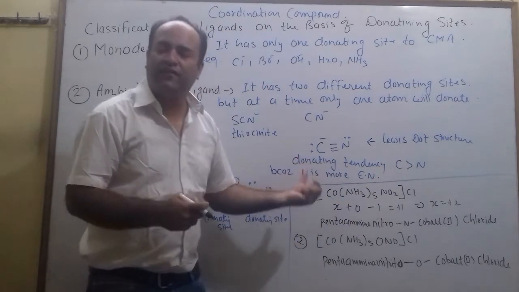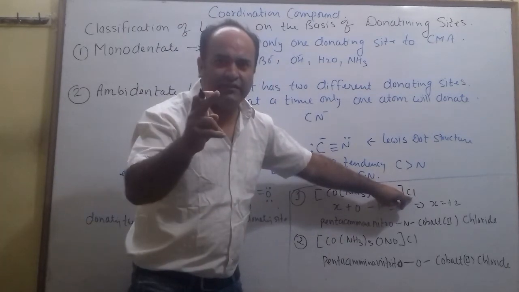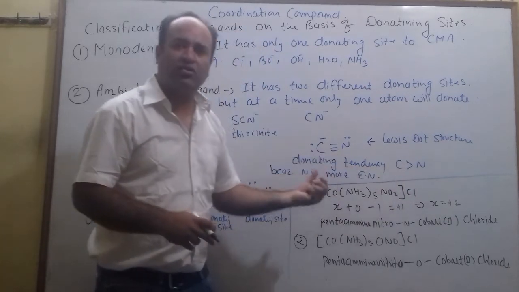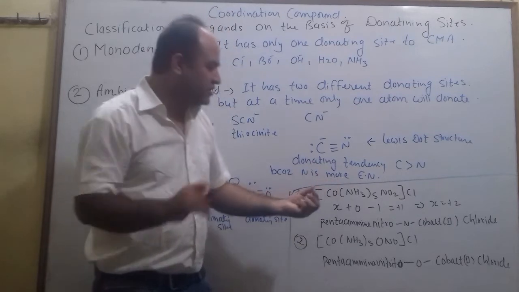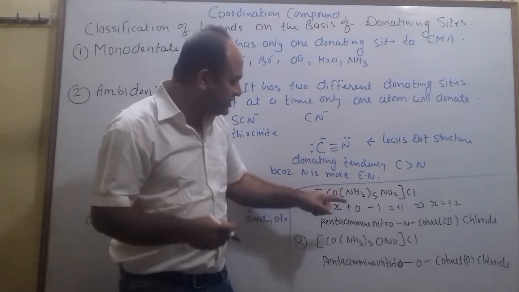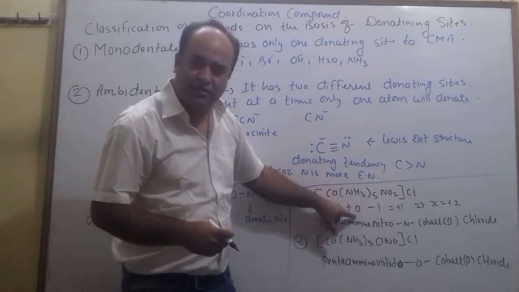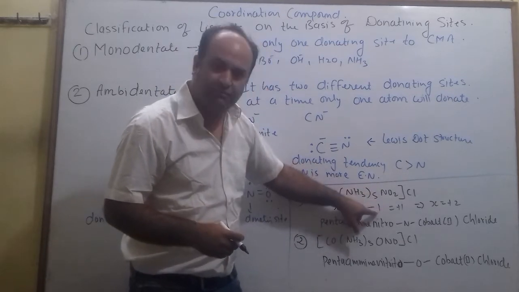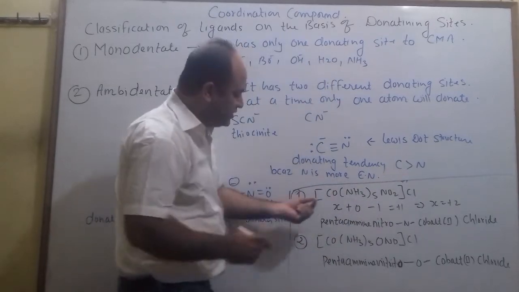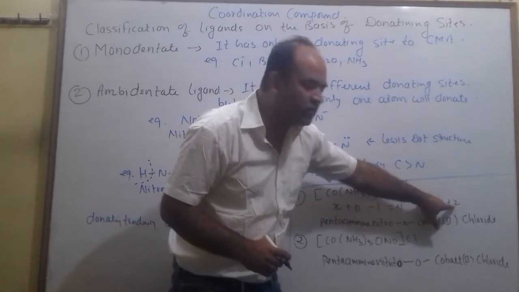First of all, we have to see whether it is a cation or an anion. Chlorine has 1 negative charge. To counter chlorine, we have to put a +1 charge. So clearly it is a cation. Let's start its naming. First of all, we would like to count the oxidation number of cobalt. Let's assume cobalt is X. NH3 gives 0 charge. NO2 has a -1 charge. Overall, to counter this, it would have a +1 charge. So -1 will go to that side and the oxidation state of cobalt is +2.